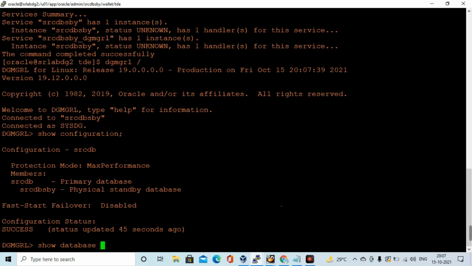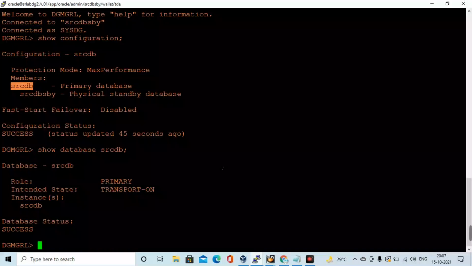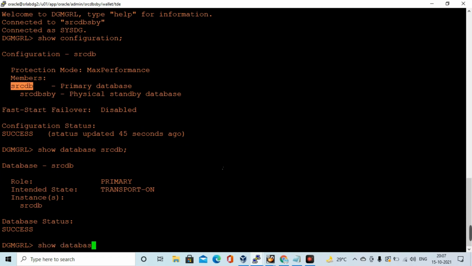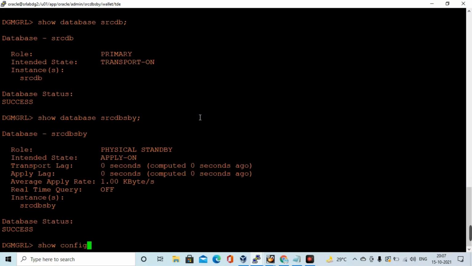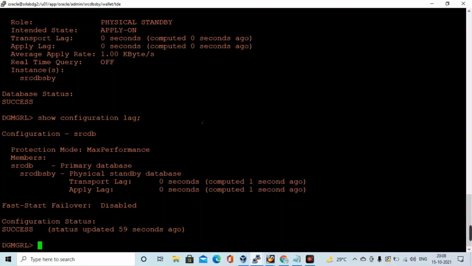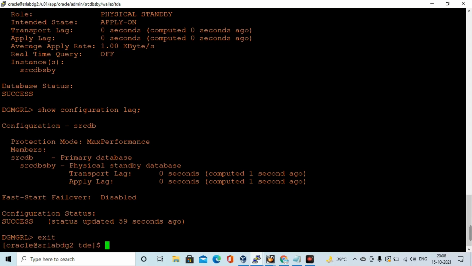You can see here the source srcdb and the standby srcdb sby. The source database is running with TDE enabled and is configured with the DataGuard architecture. The standby database is also built for that srcdb database.